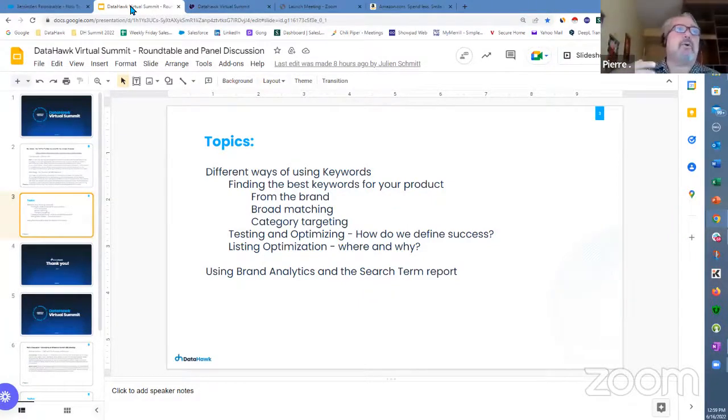I also see things around content where there are Amazon guidelines, and DataHawk does a very good job of showing our customers when it should be 200 characters here. What I always tell people that I speak with is Amazon is giving you the real estate, so use it. It doesn't cost anything to use it. So have rich content. The longer a shopper stays on your product page, the higher your chances are to convert them. So give them something interesting to look at, or something interesting to read.